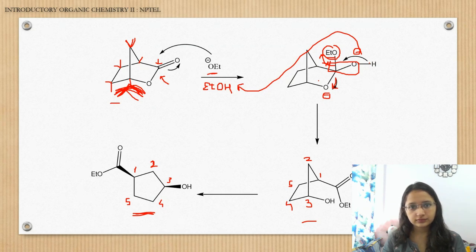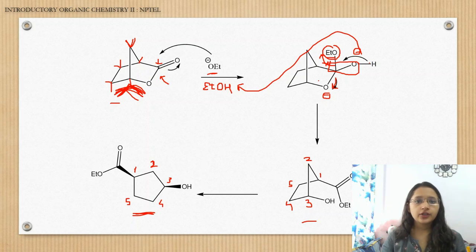Yes, ma'am. All right. So, for the sake of clarity, I will repeat it again. See what happens here. First of all, this ethoxide will come from the above side because there is a cavity, and now this is the hindered region. That is why this nucleophile will attack from the above side, and this carbonyl delocalization is